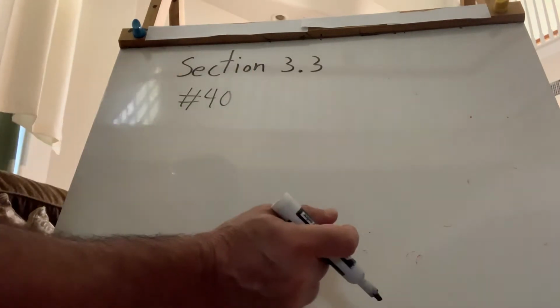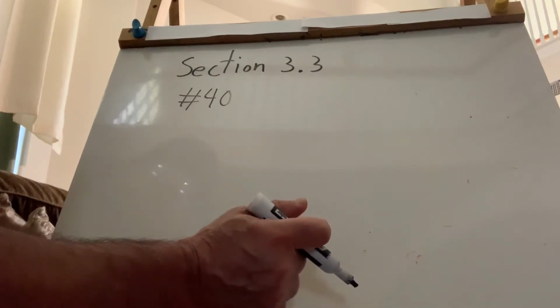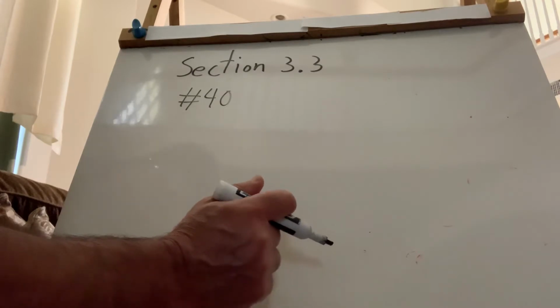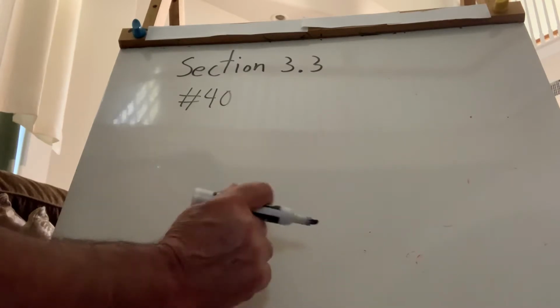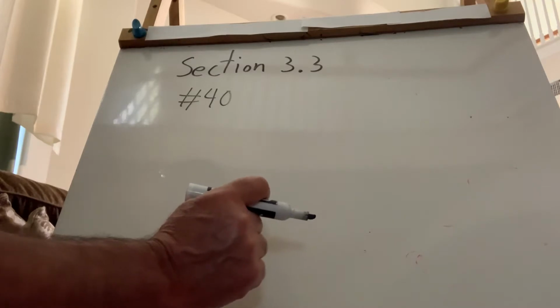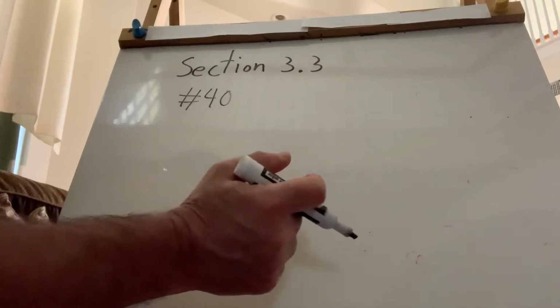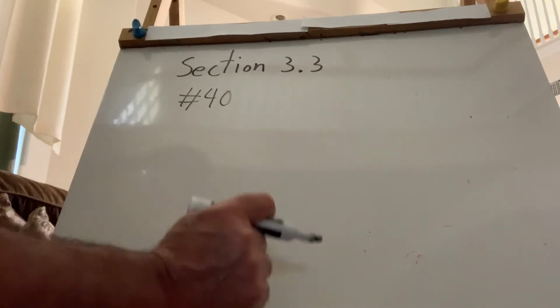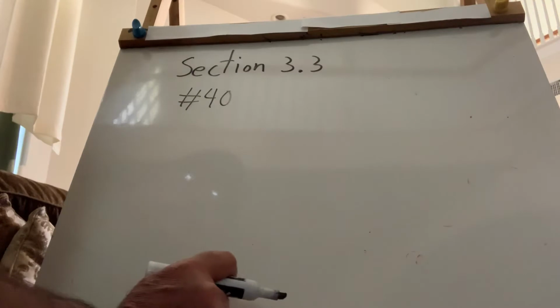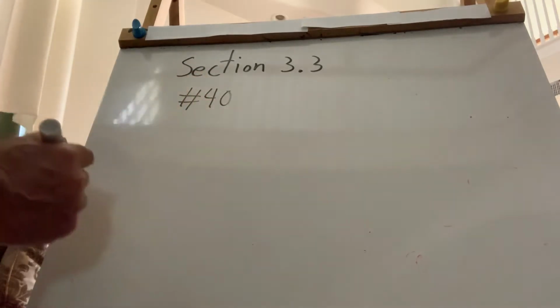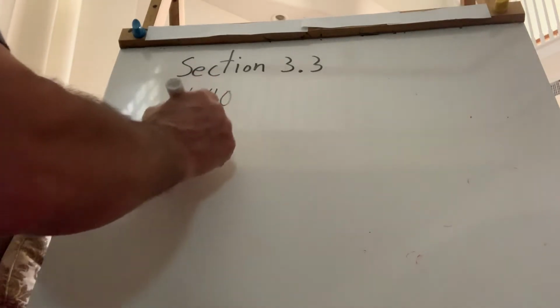Number 40. Let me just explain that in these types of problems, they're asking for three things for each of these problems. And actually it's very nice because the way they ask the question, the answer to part A will lead you to part B, and the answer in part B will lead you to part C, okay? But let me write the function first, then I'll read the instruction, see what we're supposed to do in parts A, B, and C. So our function in problem number 40 is given to be f of x